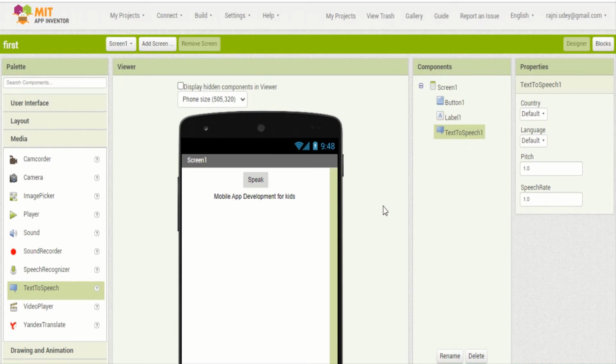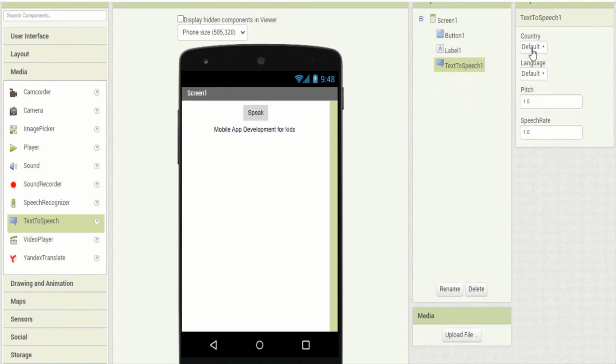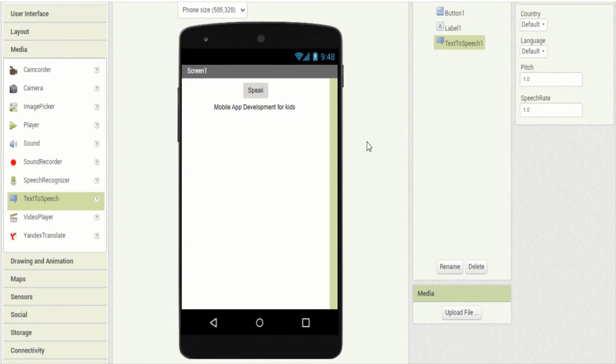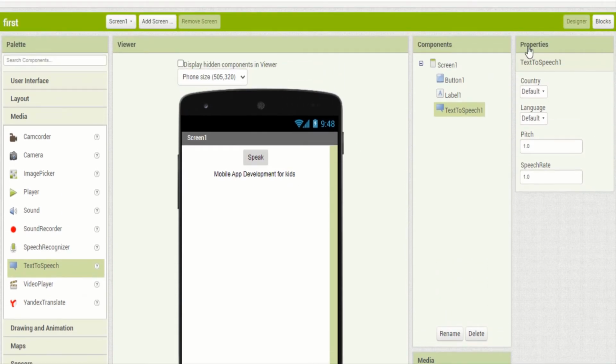Now what will be my logic? The logic is that when I click on this button, it should call the text to speech module, and the text to speech module will speak this text. The text is mobile app development for kids. So let's do the coding for it. For coding, we have to switch to the blocks mode, because in the MIT App Inventor, coding is done by using the blocks.